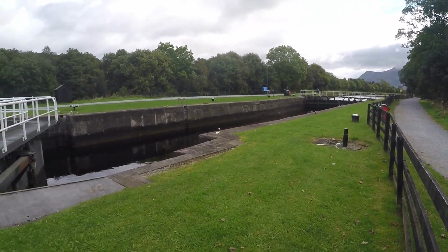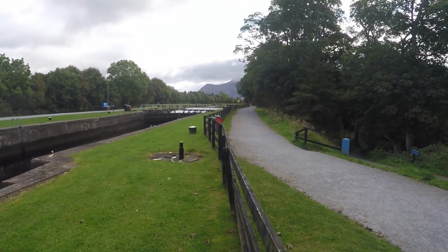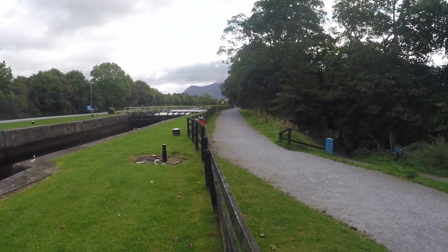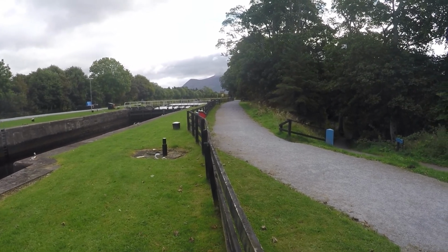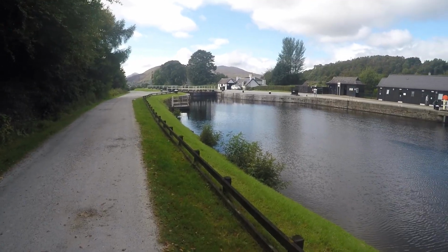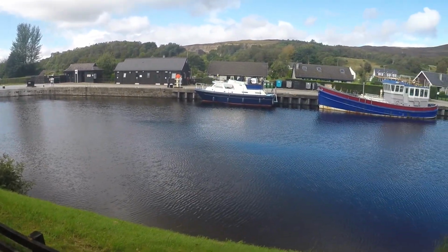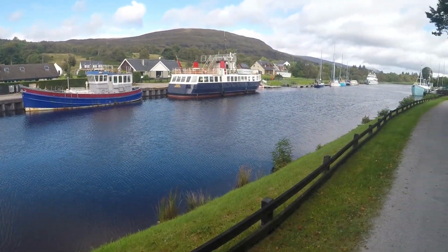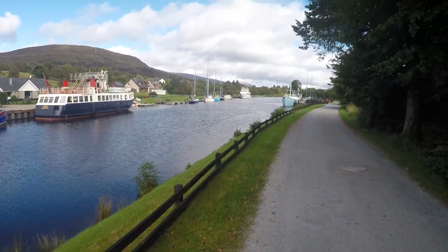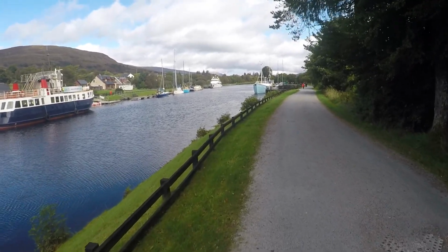So quick little stop for a drink, and then we're heading that way towards Neptune's staircase, and then onwards from there. Right people, we are now at the top of Neptune's staircase. Stopped in the Moorings Cafe for a bit of lunch and a pint. So